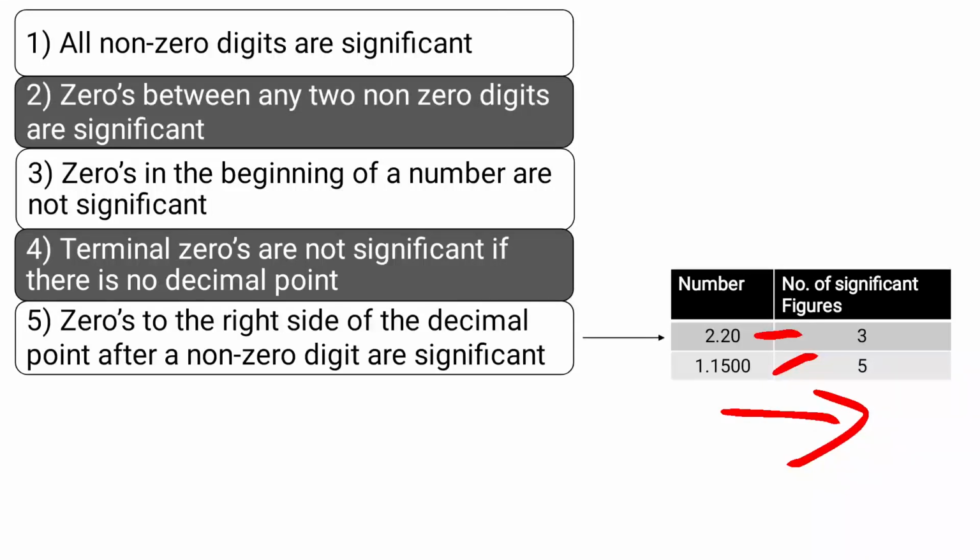So in this case, if the zeros are present towards the right side of the decimal point after the non-zero digit, then they are said to be significant. We are taking them into consideration. Therefore, the number of significant figures in 2.20 is 3, whereas the number of significant figures in 1.1500 is 5. Going to the sixth rule,